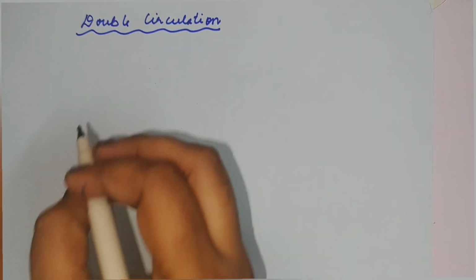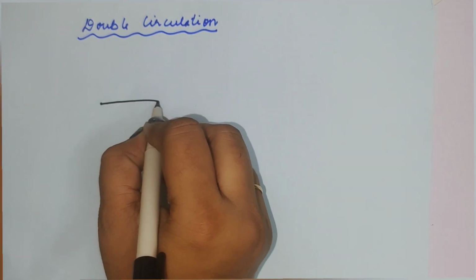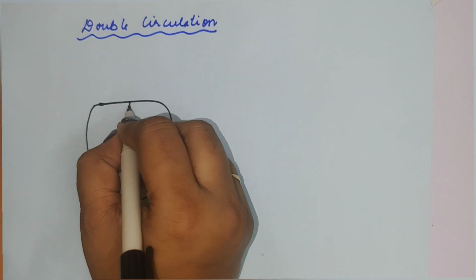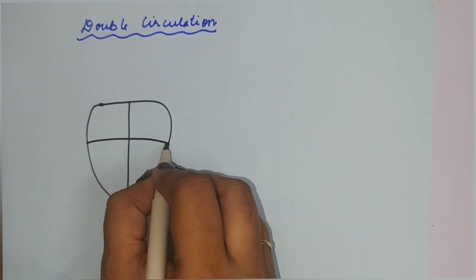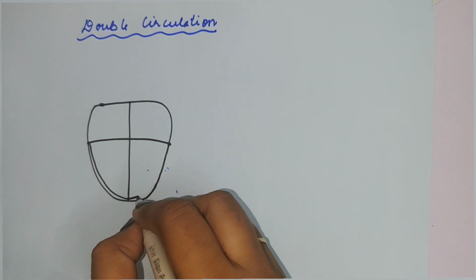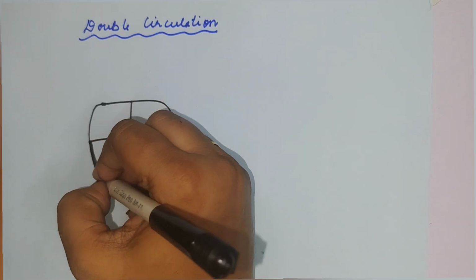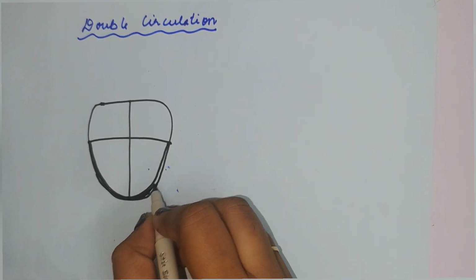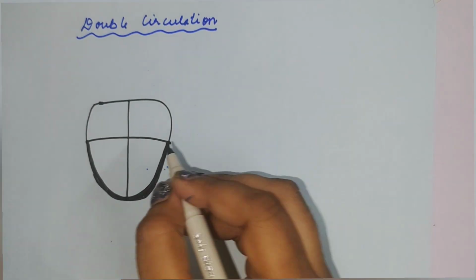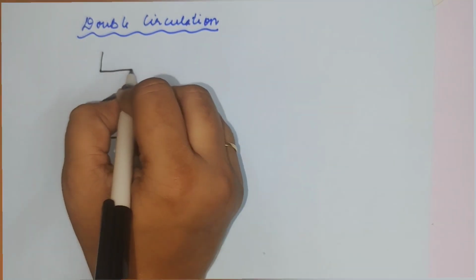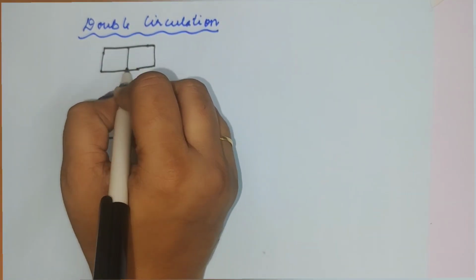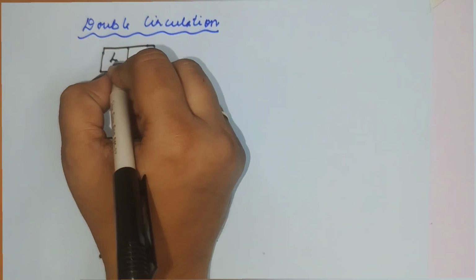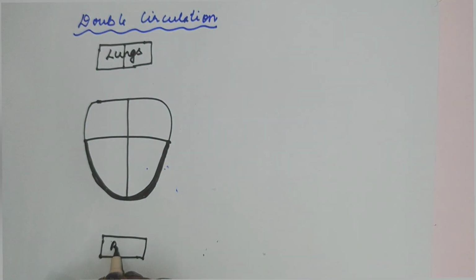So, first of all, we will draw the heart. This is a very simplified form of the diagram of the heart. And if you students draw this type of diagram in your board exam, then also no marks will be deducted and you will get full marks. So, what we have to do? We have to draw a shield like structure and divide it into two parts. And as you can see that I have darkened the inner portion of the shield which shows the thicker walls